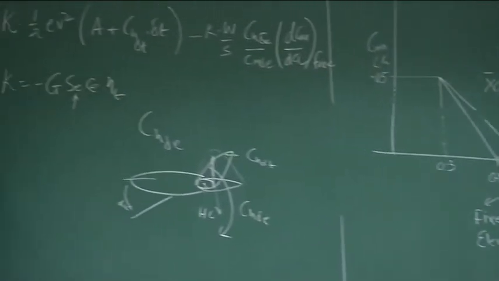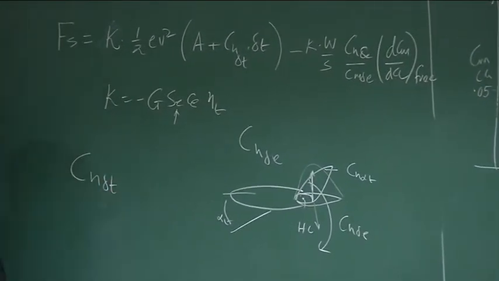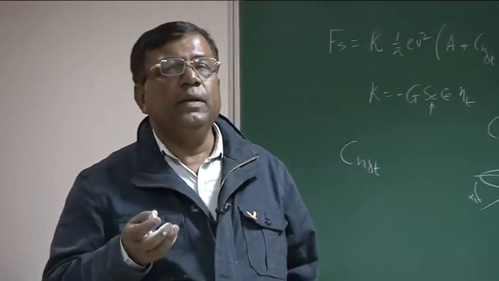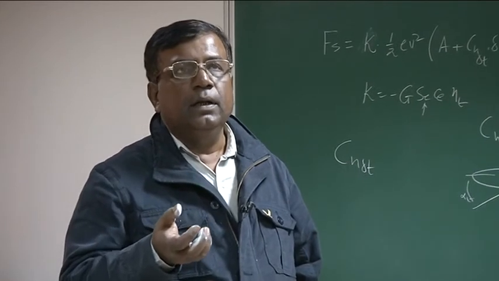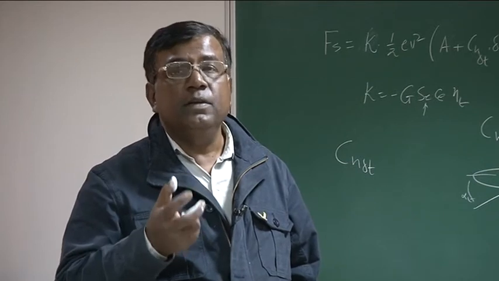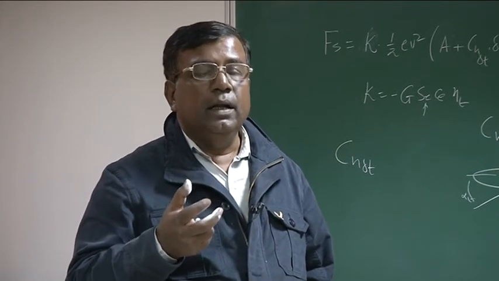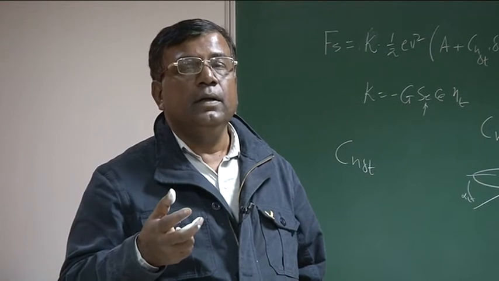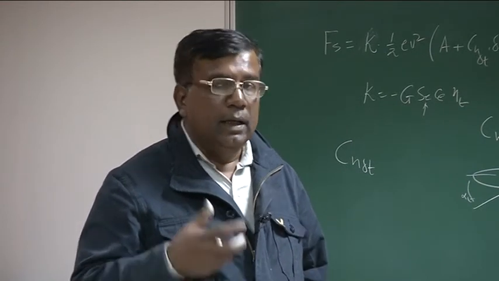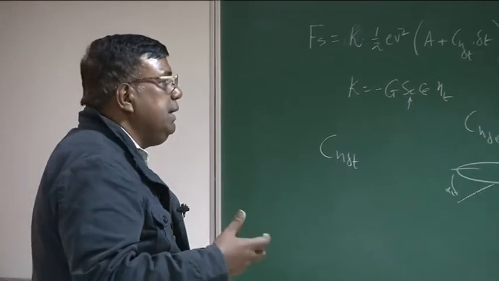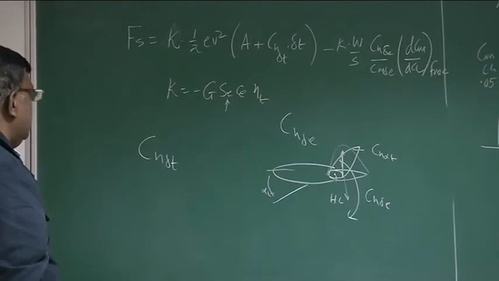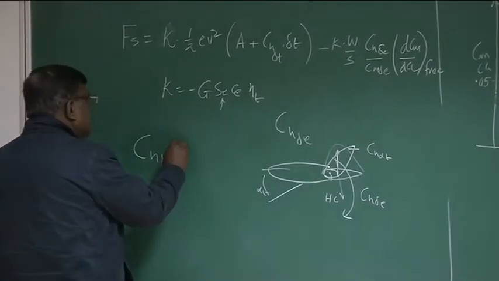Let us also understand CH delta T. It is always a good idea, whenever a problem is given during the training period, that for every parameter number you see, you ask what is this? Okay, what should be its sign? What should be its magnitude? Why, and what influence could it cause, or how can it influence the whole airplane? Right? If you start doing like this, you will develop the feel for this number and you will do justice to this subject. So let us see what is CH delta T.